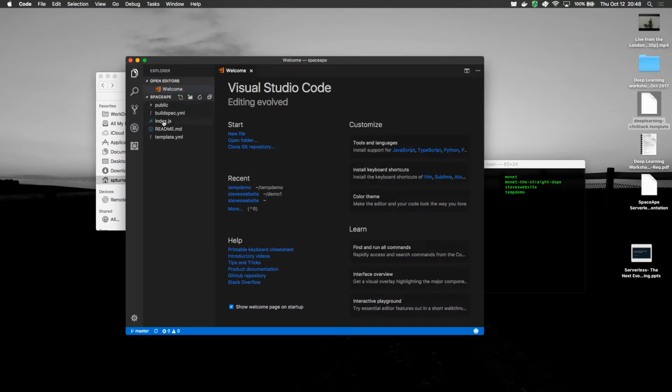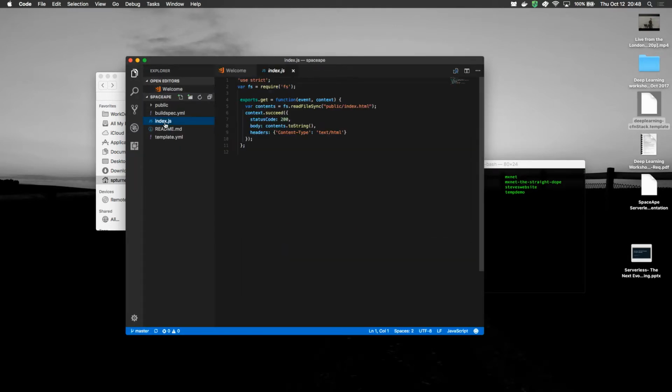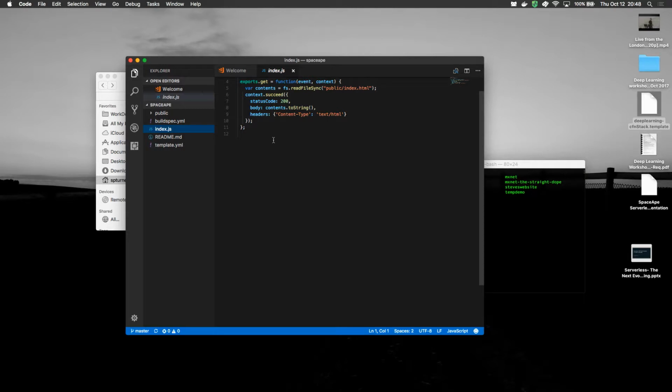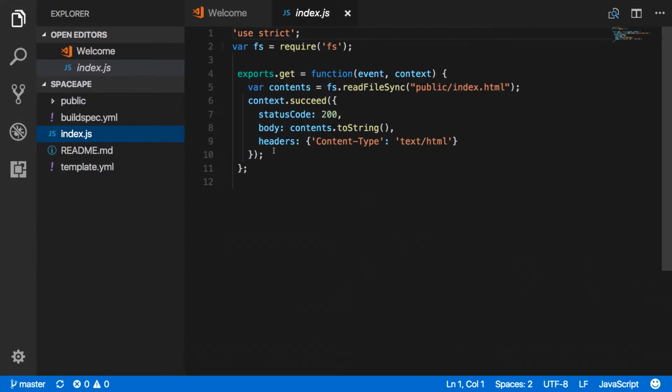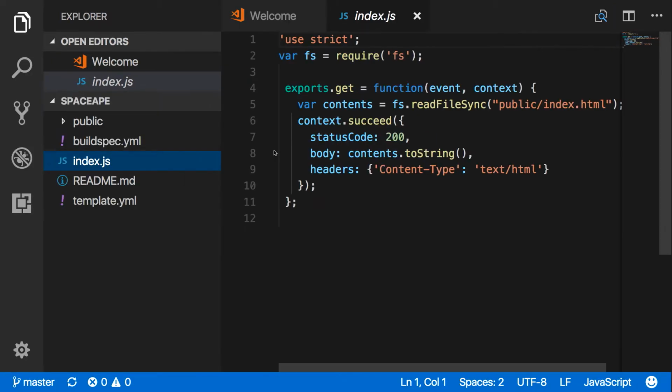So what you've got here is a series of files. I'll just show you the index.js file. I realize that's super small, so let's see if we can make that a little bit bigger for everyone. Yeah, just about. It's a very basic file, and the whole thinking behind it is just to actually show you a web page.